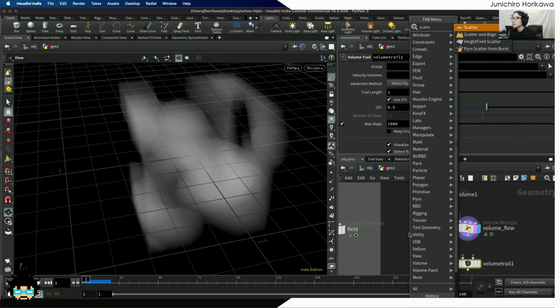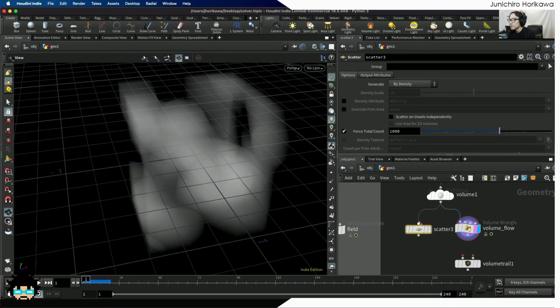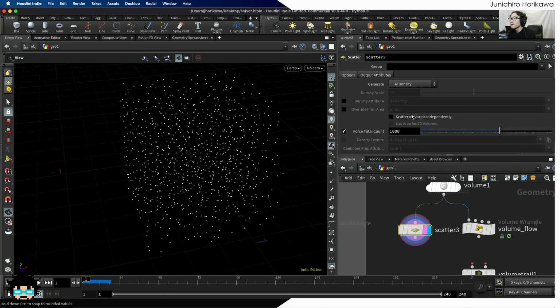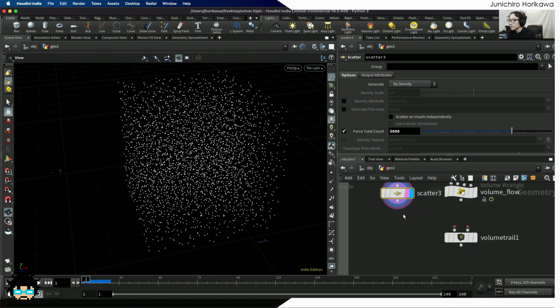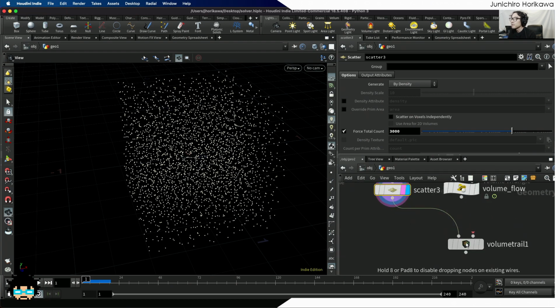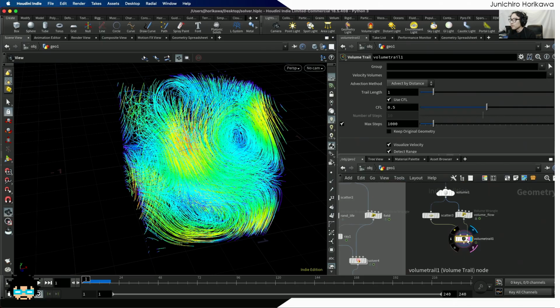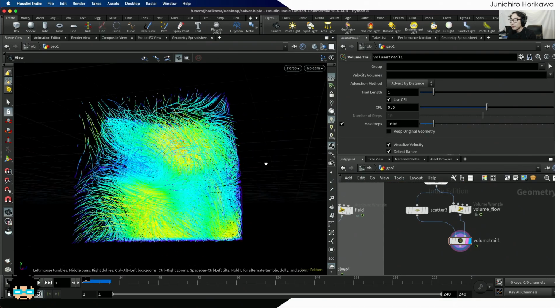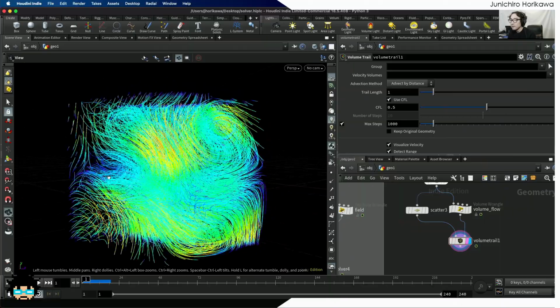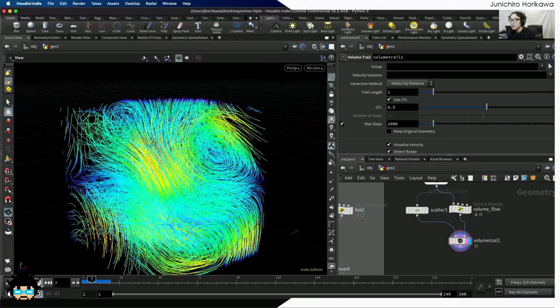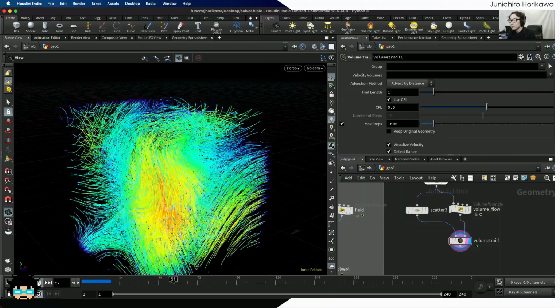So I also need a scatter node to create a bunch of points inside this volume. So let's create such as like 3000 or 4000. Okay, and connect this to the first input of the volume trail, and the second input I'm going to connect the volume like this. Okay, now it looks good, I think, and if I play it, the volume is also animated,